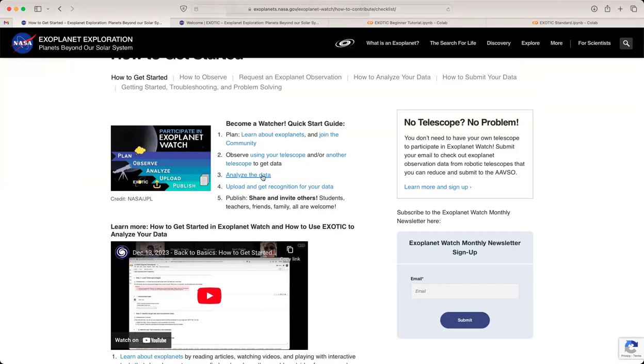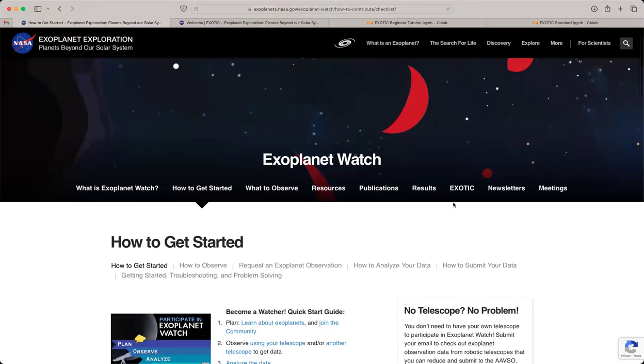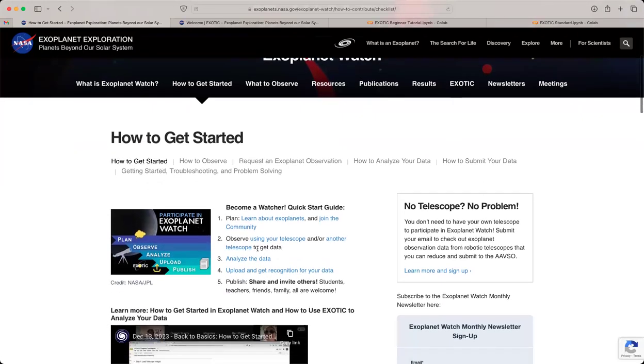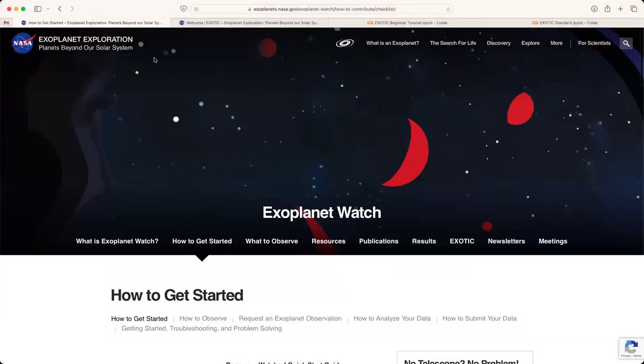AIJ is a very popular one that a lot of folks use across the community. There's also one called HOPS as well. But we've made our own Exoplanet data analysis tool called Exotic. And you can get to Exotic by multiple different ways. You can Google it, you can click on it here on our website. What I usually do is I go to our main website page, and then I click on the word Exotic,